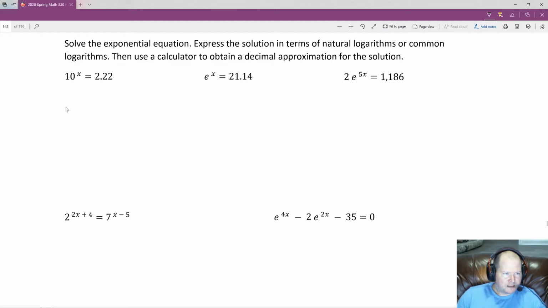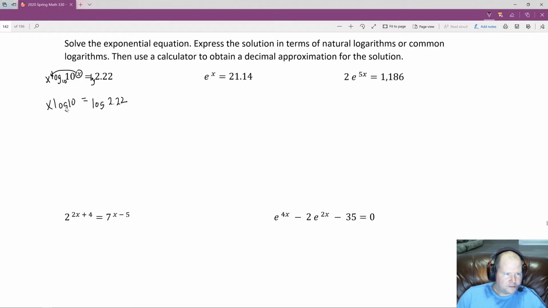Because this is a base 10 here, I'm going to use a regular log, which has an understood or implied base 10, even if you don't write it. Whatever I do to one side, I'm going to do the other, so I'm also going to take a log of the other side. What that allows me to do is pull this x to the front. So we end up with x log of 10 equals log